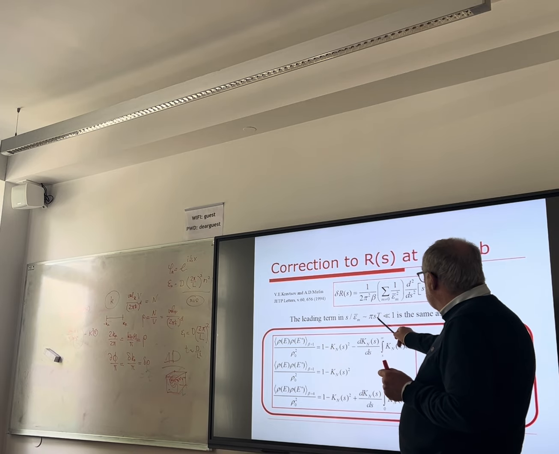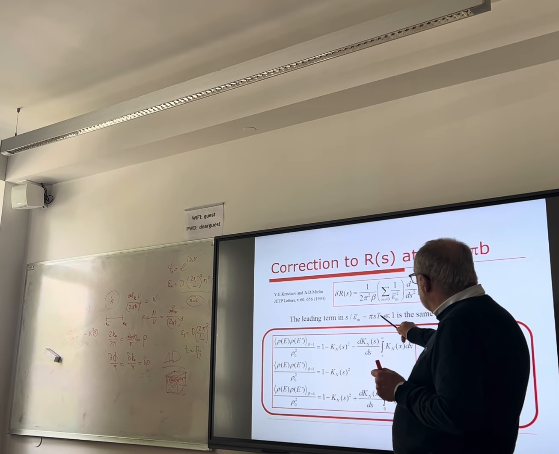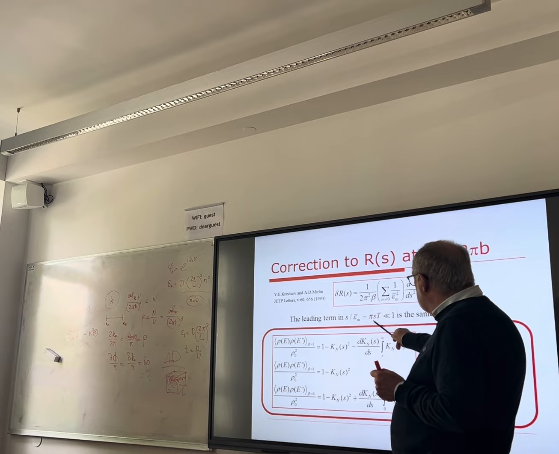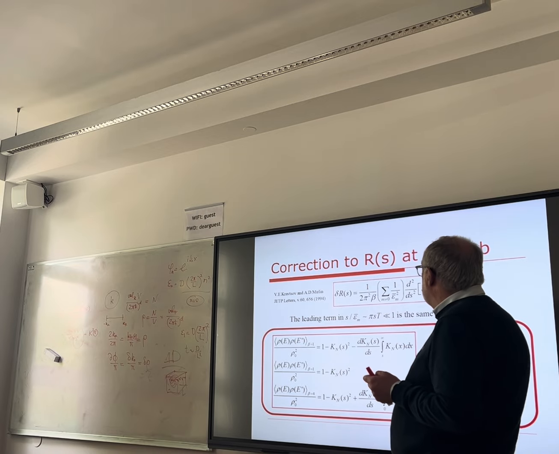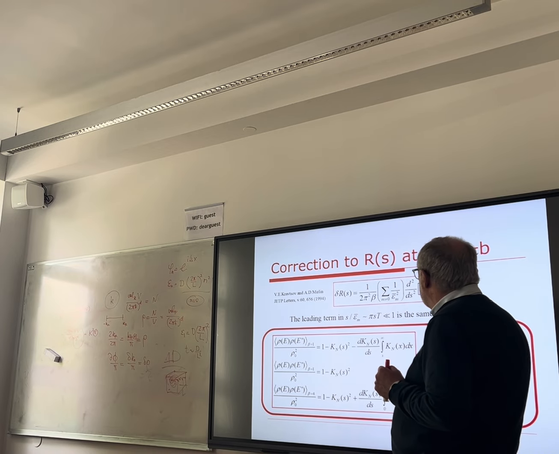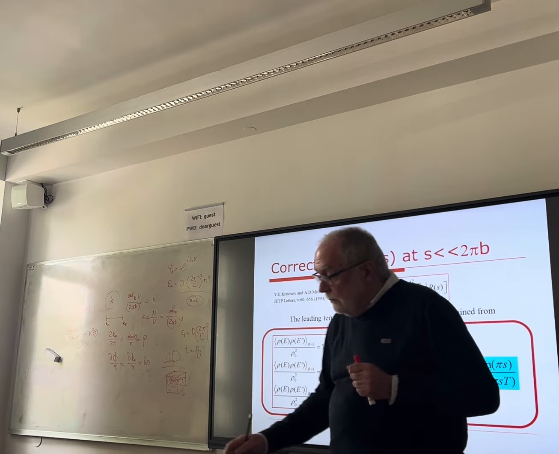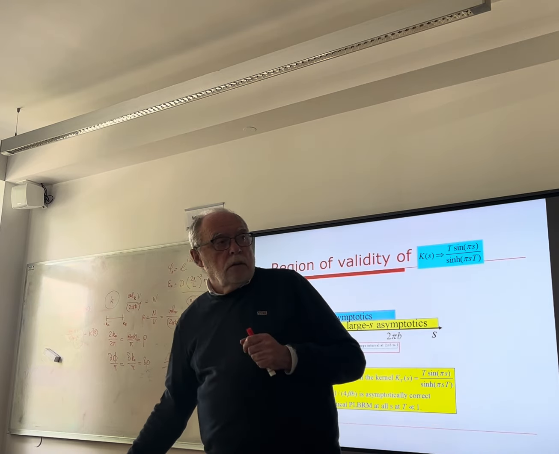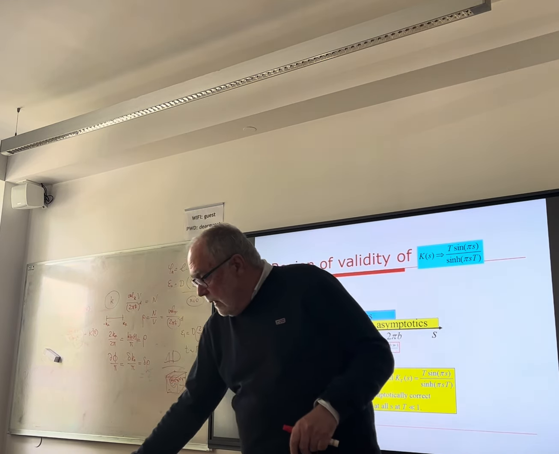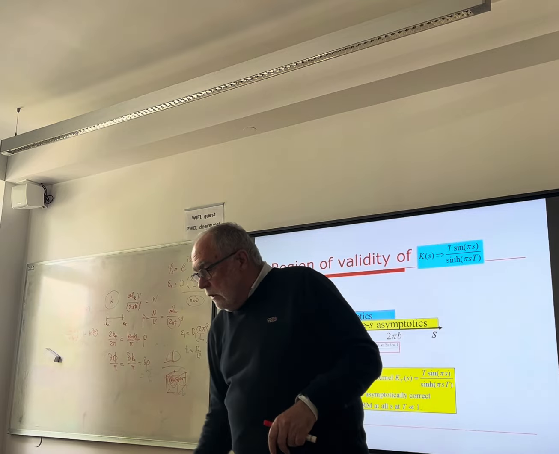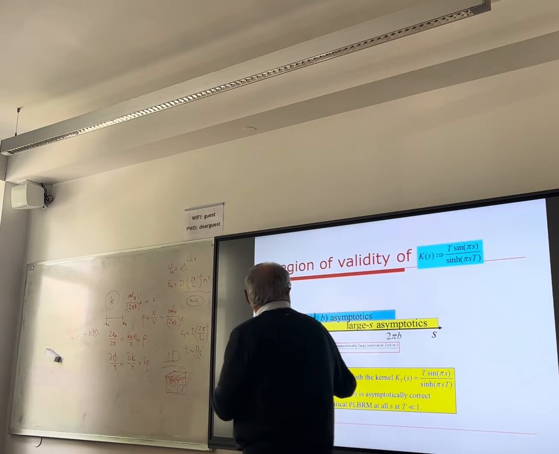So temperature is small, and s should be not necessarily small with respect to 1, it should be small with respect to 1 over t. Okay. So there is this